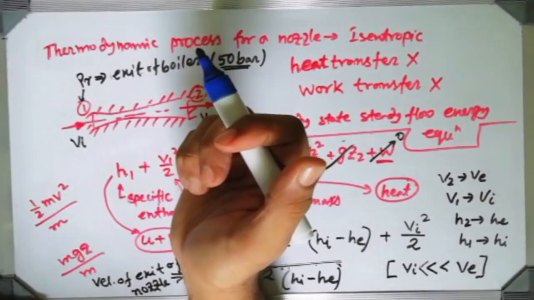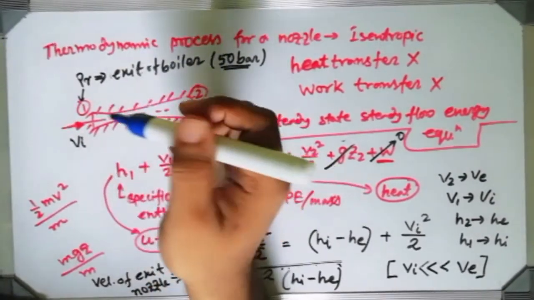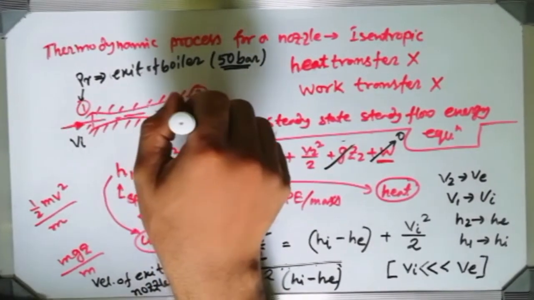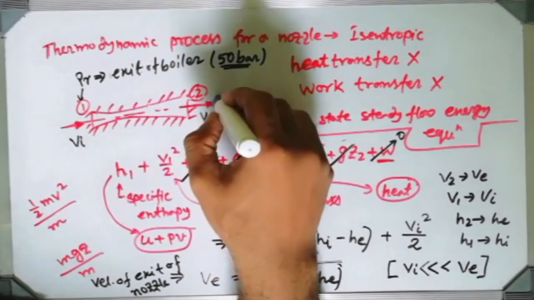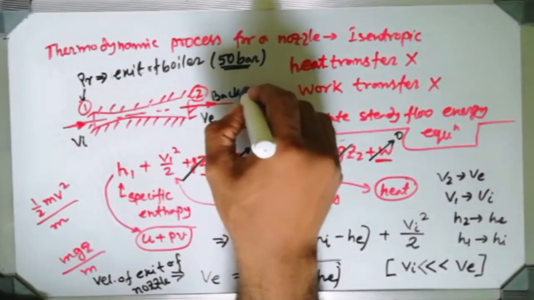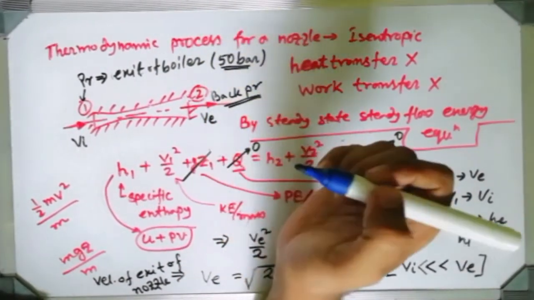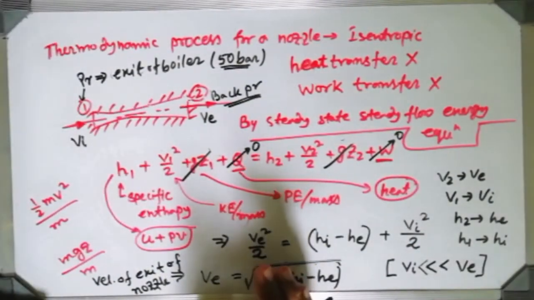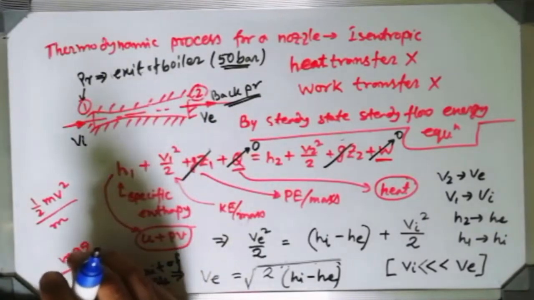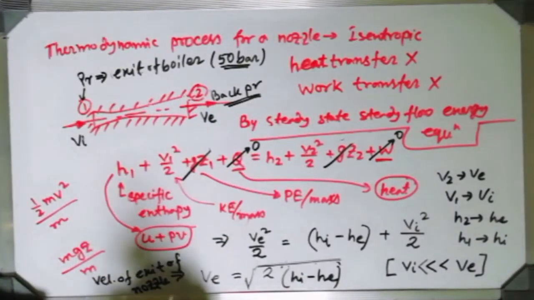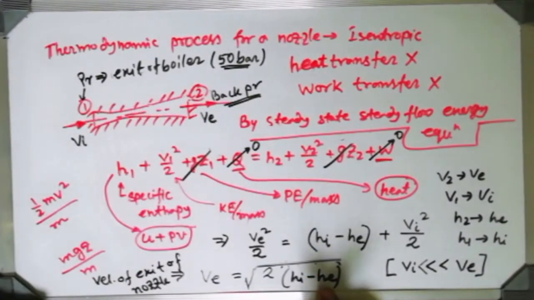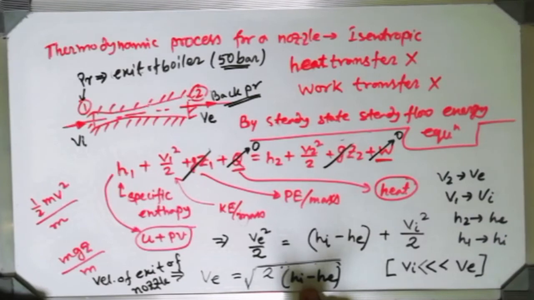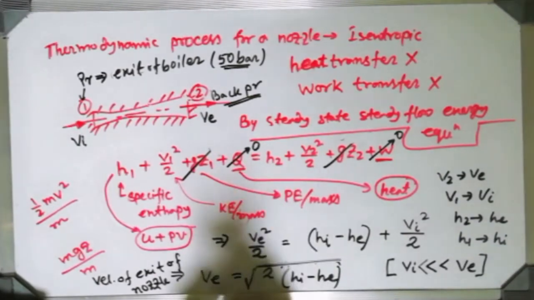And similarly, the pressure at the exit of the nozzle is known as back pressure also. Sometimes these terms are used technically. Back pressure of the nozzle. If this is given to you, then use that pressure value in the steam table and find the exit enthalpy of the nozzle. So by some way, you have to find these two enthalpies to gather the velocity at the exit of the nozzle.